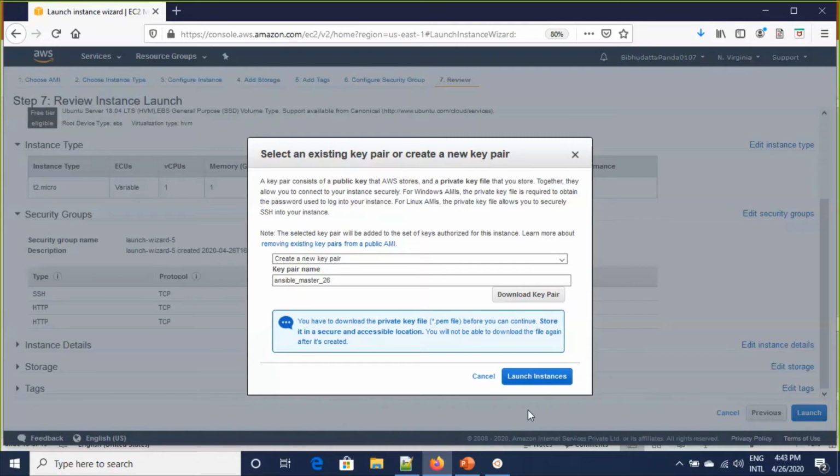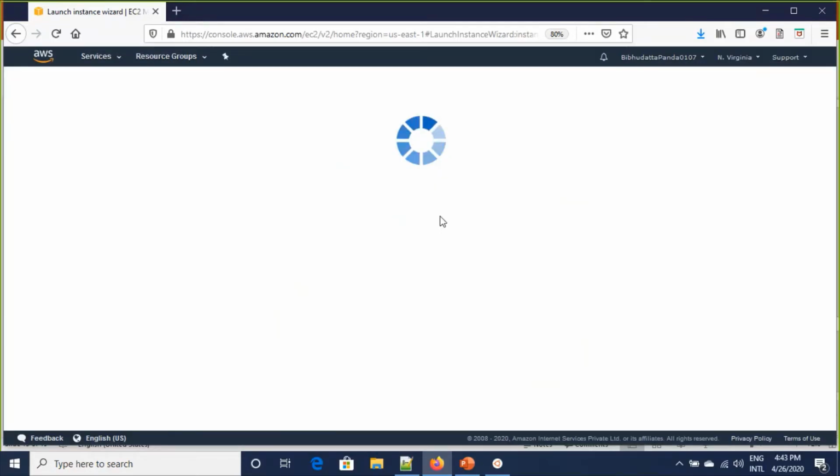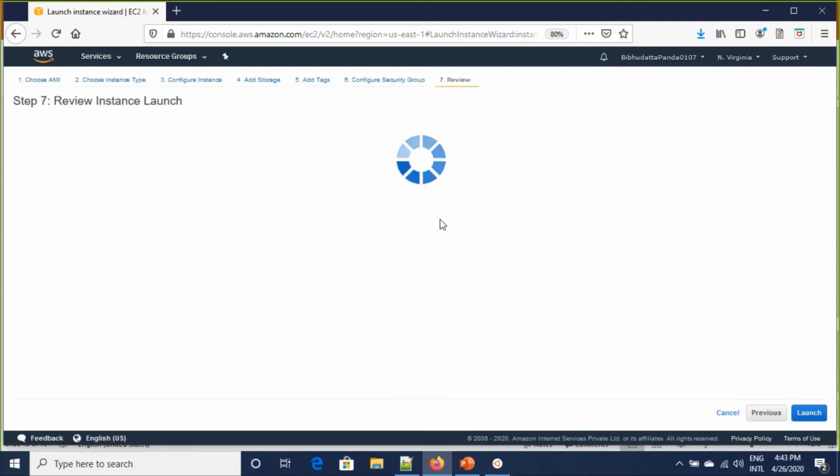In the meantime, I can use launch more like this to launch two more instances.